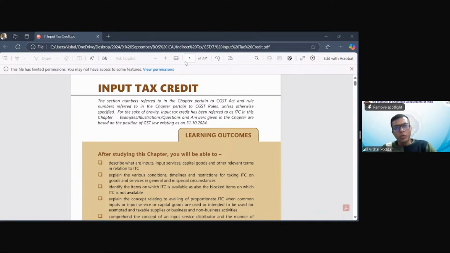So in India, we compute the value addition tax, which is now named GST, by following the invoice method. And in the invoice method, we take output tax, that is the tax on your output side. We take input tax, which is the tax on any of these three items: input, input service, capital goods. We knock off both the taxes, which is called setting off. And the difference we pay, which is our final liability payable to the government, which is also called the output tax or the ultimate liability payable.